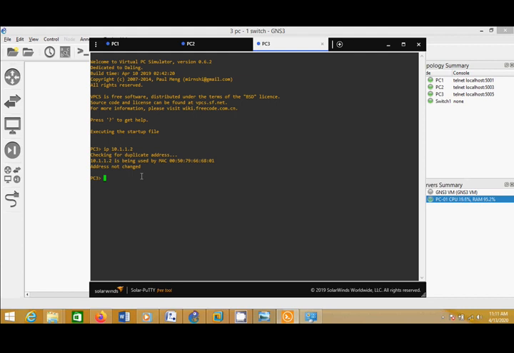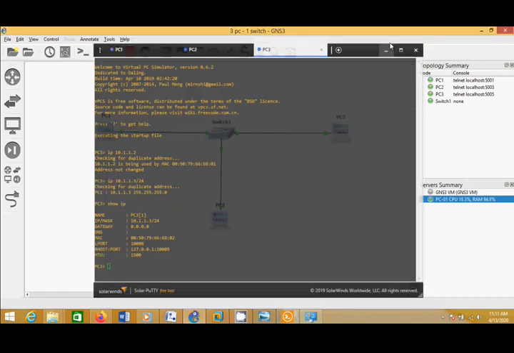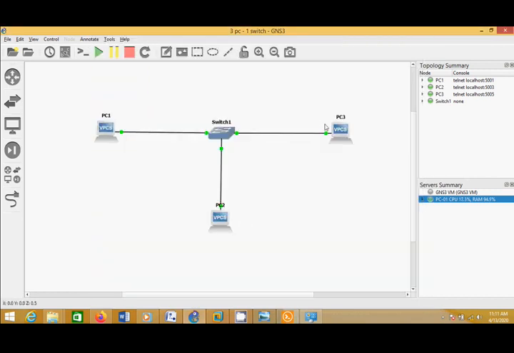So we have to set another IP, 10.1.1.3/24. Okay, it's already set. The IPs for all three computers are already set.